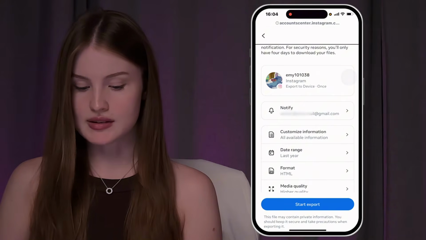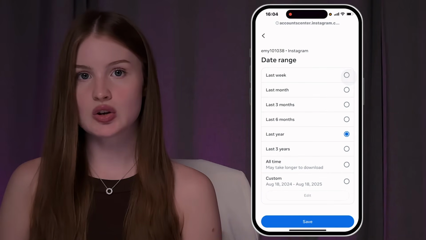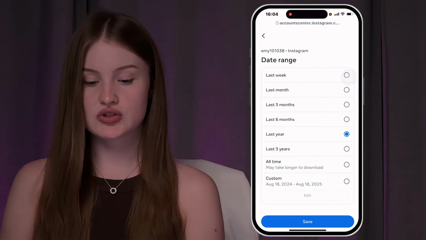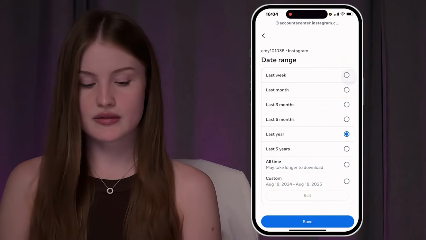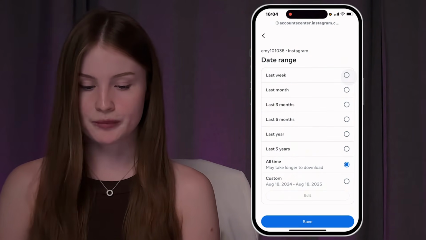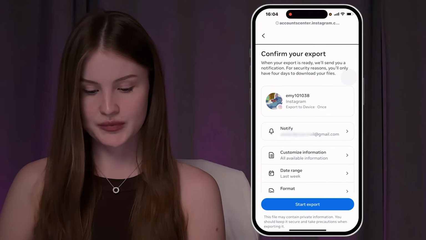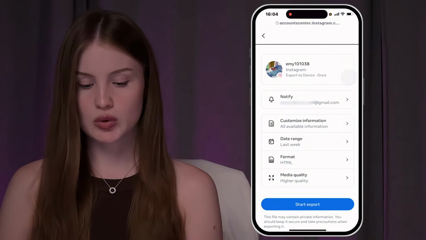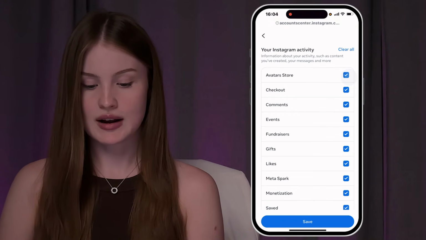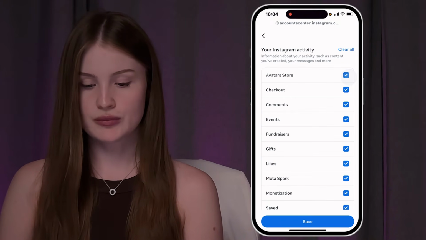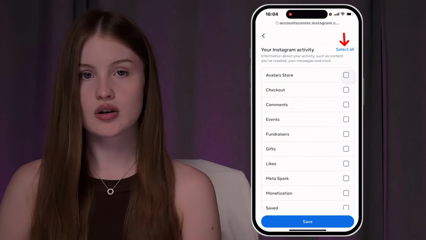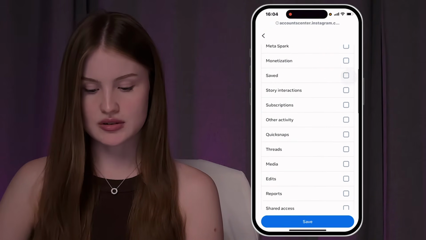Now click on the date range, and if you know when this happened, just choose a range, or if not, you can select All time. But I'm going to choose Last week. Click Save. And the most important thing is to go in Customize information, tap Clear all, then scroll down and